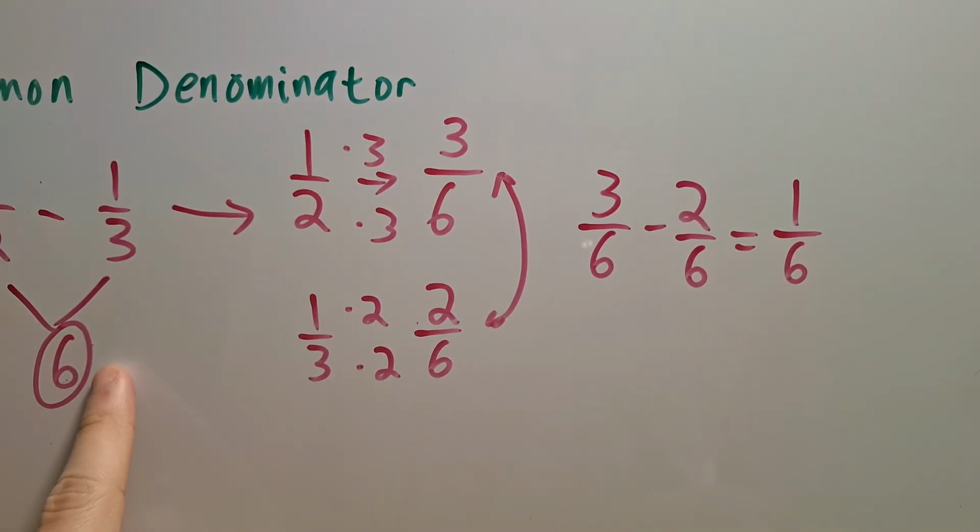And the best part is, once you find the least common denominator, you don't really need to do any more simplification because you found the smallest denominator to work